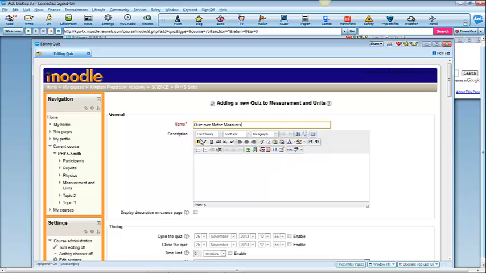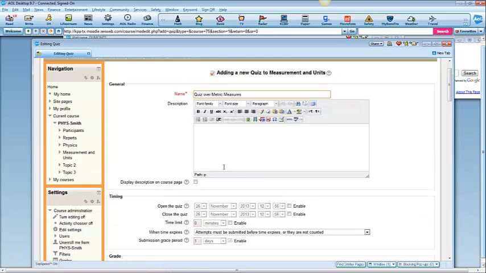Okay, if you want to write a more detailed description, you can. Don't put anything about take this on Wednesday or something like this because you may want to just reuse this quiz for next year. If you do write a description, click the display the description on the course page